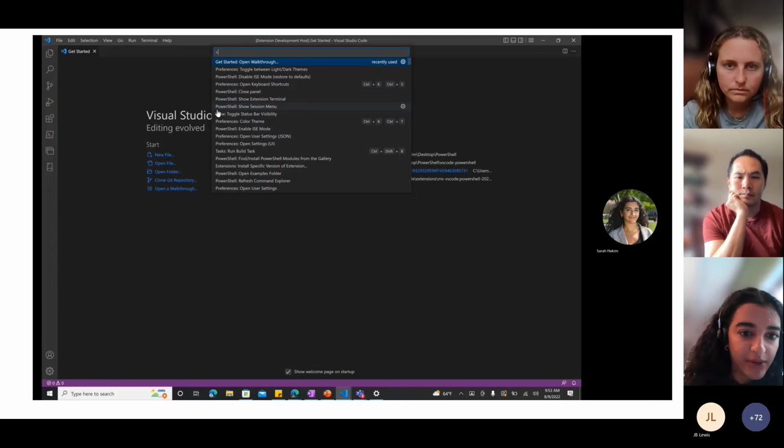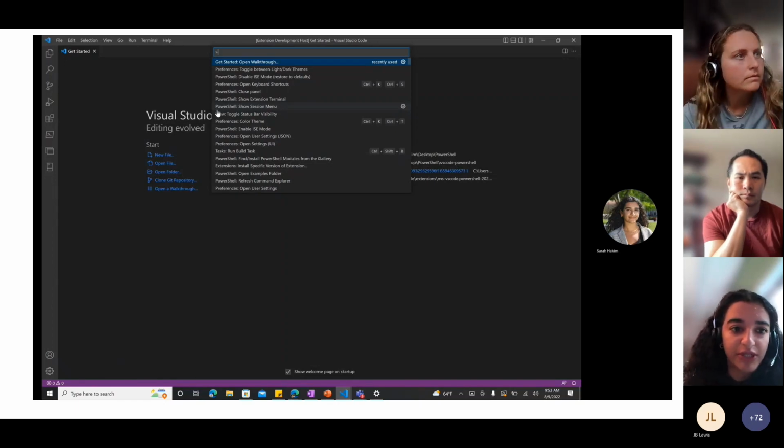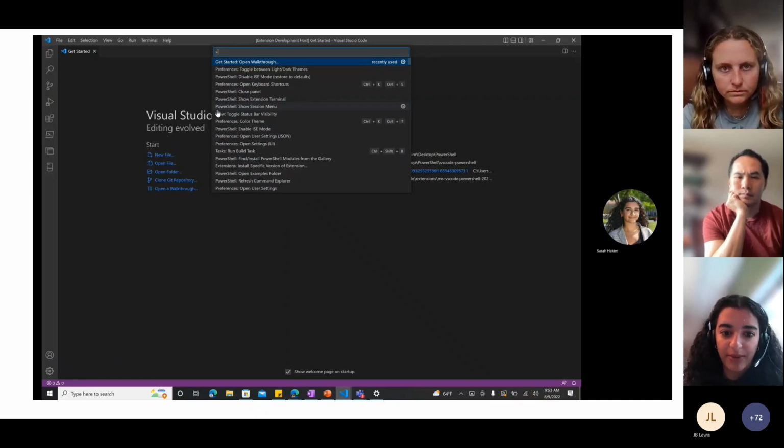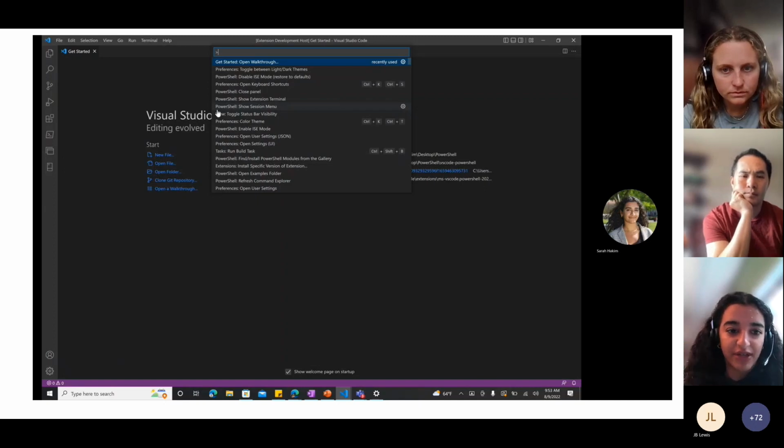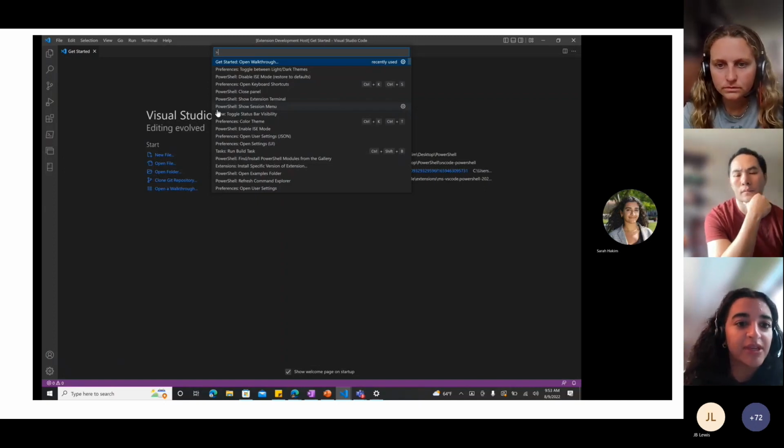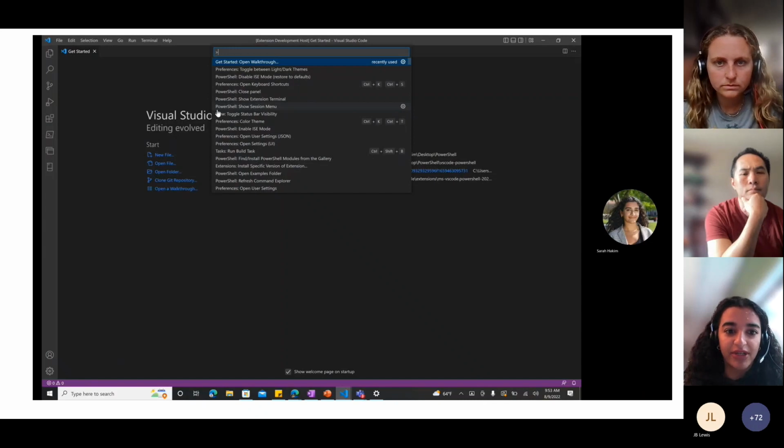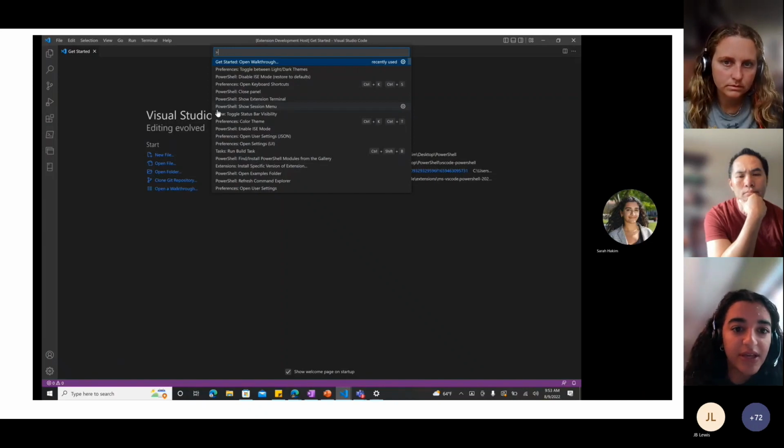And we also have a great option to actually switch sessions. So this button will lead you to switching between 7 and 5. And it also directs you to the ability to pin 5 and 7 in the status bar. So that's really helpful for people who want to switch between two versions of PowerShell. And we know a lot of people like ISE mode, so we give that option to toggle it so you can go back and forth depending on which one you enjoy the most.